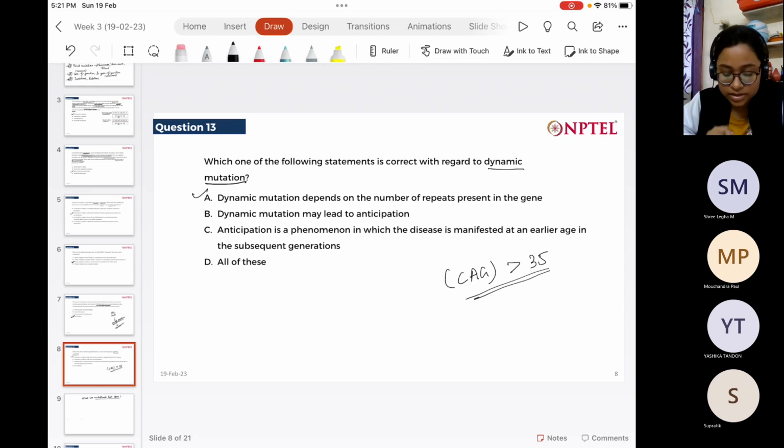And in Huntington disease, dynamic mutation was involved, so it led to anticipation, which Supratik nicely explained. And here, this option is also correct. For this particular question, then option D is the